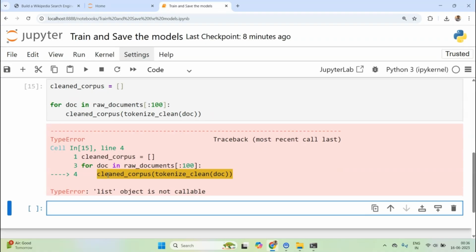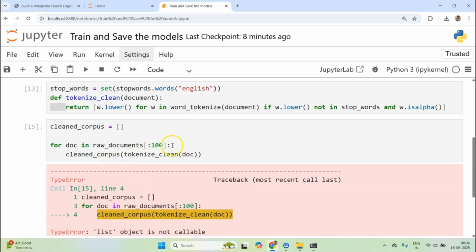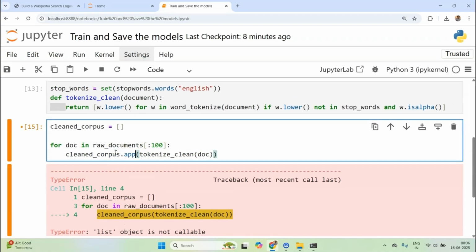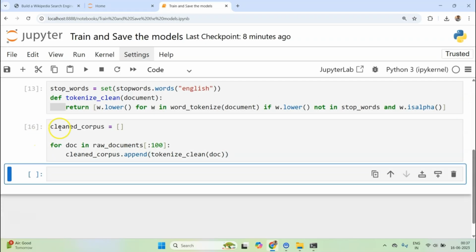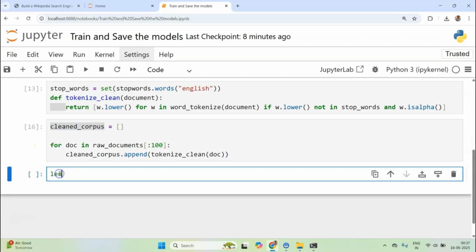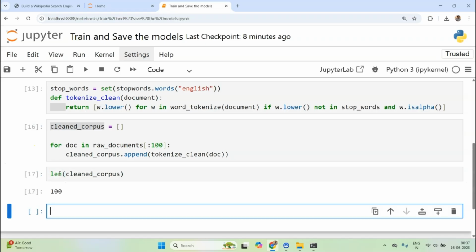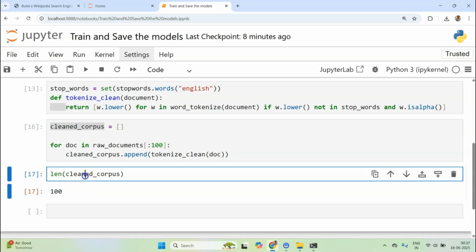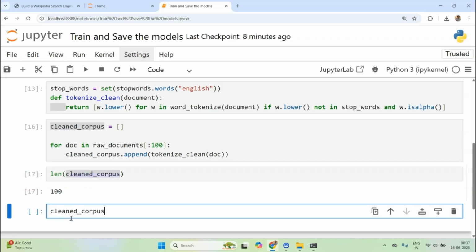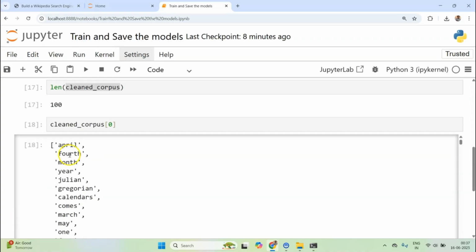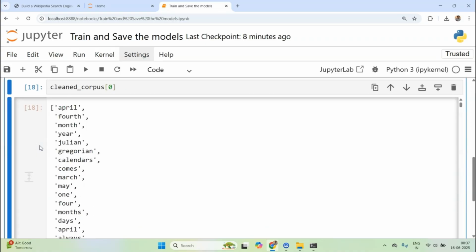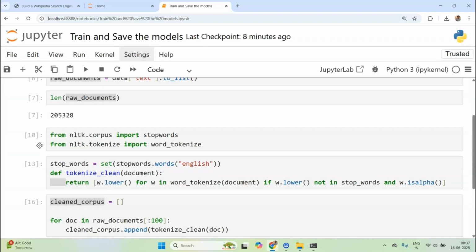Oh, okay, so cleaned_corpus.append. If I run this, it's done. Now we have got cleaned corpus. Let's check the length. We have got 100 documents. Now let's check the first document, and we see that we have got the correct representation. Now we can run it for all the documents.